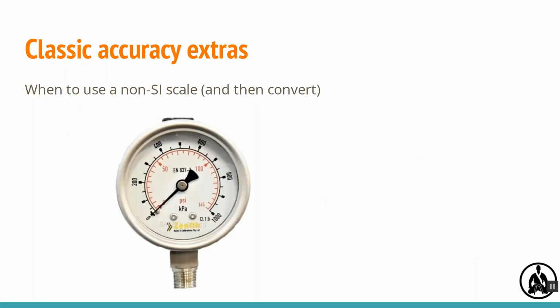And finally, when a measuring instrument has 2 scales on it with different sized graduations, students should always write that they would use the scale with smaller graduations, even if that scale has a non-SI unit on it. This is because it gets you closer to the true value and you can then convert to SI units afterwards. So here, if we imagine the purple arrow is the position of the needle, using the PSI